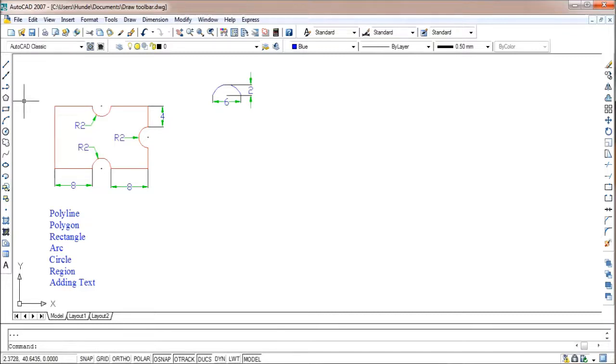For today, we will discuss some of the most important commands associated with this drawing toolbar. These commands will be polyline, polygon, rectangle, arc, circle, region, and adding text. We are not going to discuss the line command since we had the discussion on the line command in the previous tutorials. Before discussing polyline, let us start with